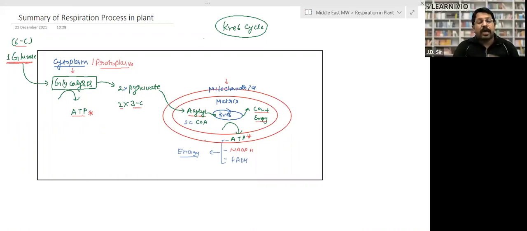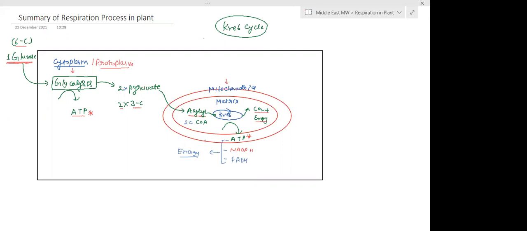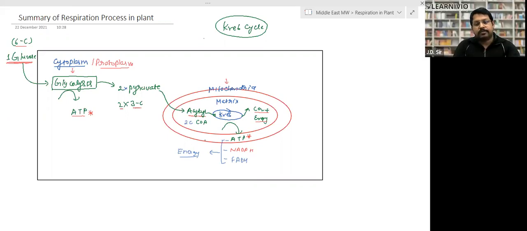That I will explain completely and elaborately next class, starting from glycolysis. I will explain elaborately how it converts to acetyl coenzyme A. Then I will elaborately explain the Krebs cycle. Then I will explain how ATP, NADPH and FADH are produced. Okay, in that sequence. I got this. Copy it as it is. And after the class, try to